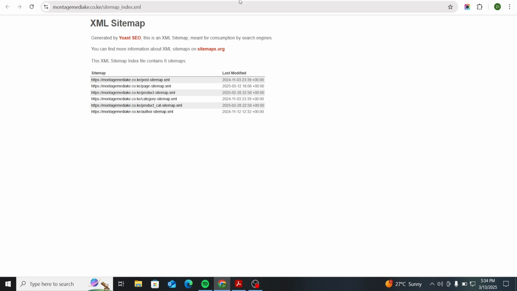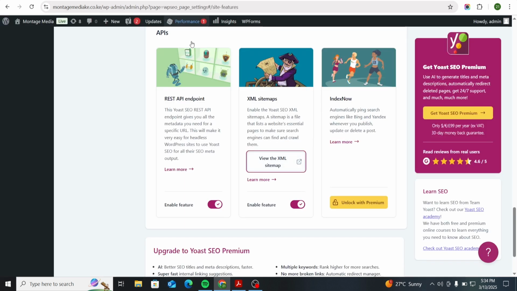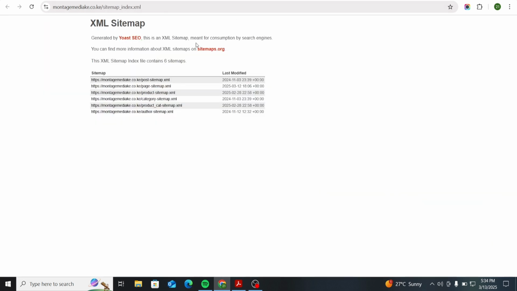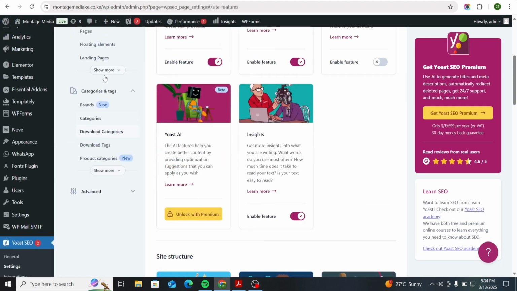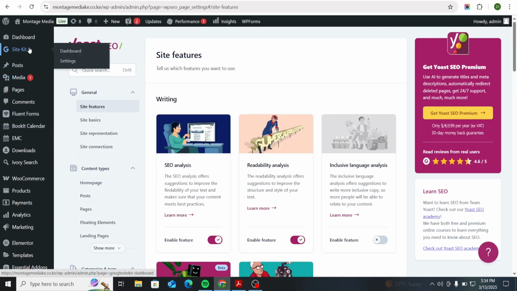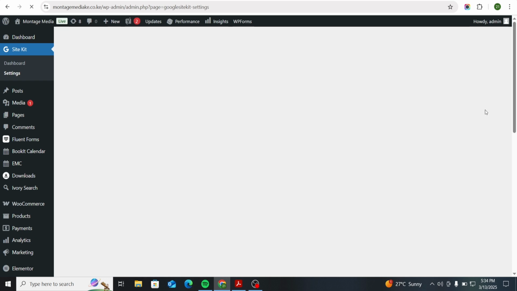Let us go back. Now let us go back to our website. Now that we have our sitemaps here, let us go back to the Google Site Kit. Okay. So the Google Site Kit, this is how it looks when installed on your WordPress dashboard. The G site kit, that is how it looks. Okay. So what we need is to open settings. Okay. Let us open settings, then